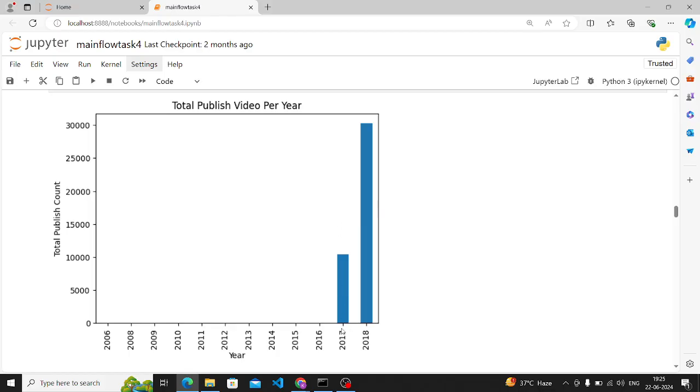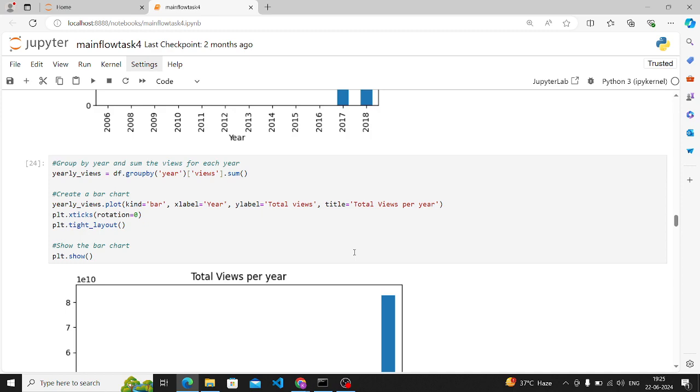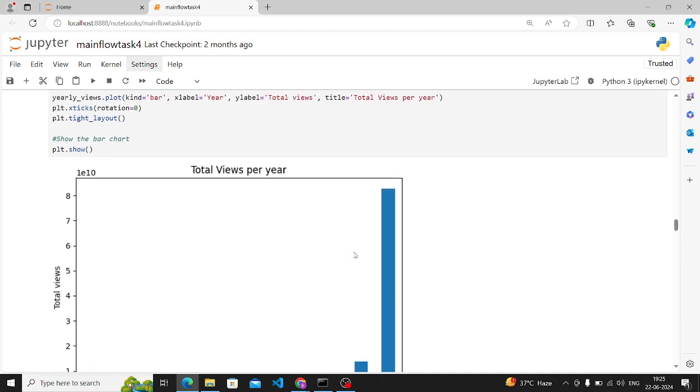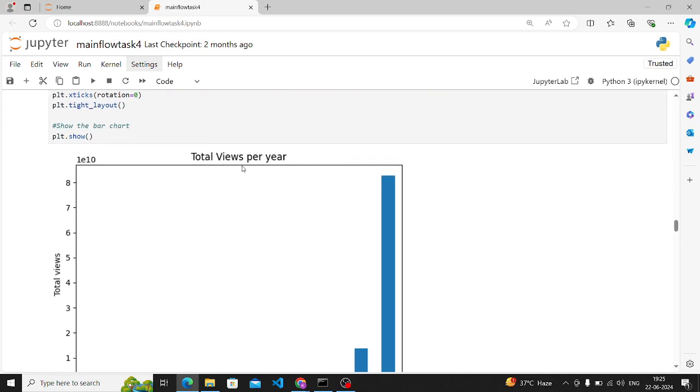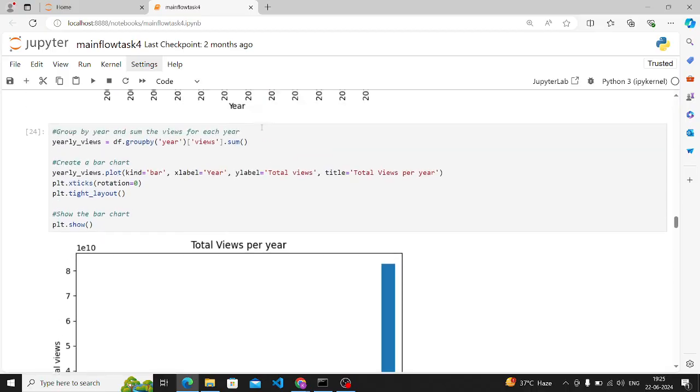It contains only the values of 2017 and 2018. So from this you get to know that our data set contains only the 2017 and 2018 year values. Now we'll head towards the second visualization, where we have to calculate total views per year. For it we have to use two columns: first is views, then year. We are again creating a new variable, yearly underscore views, equals